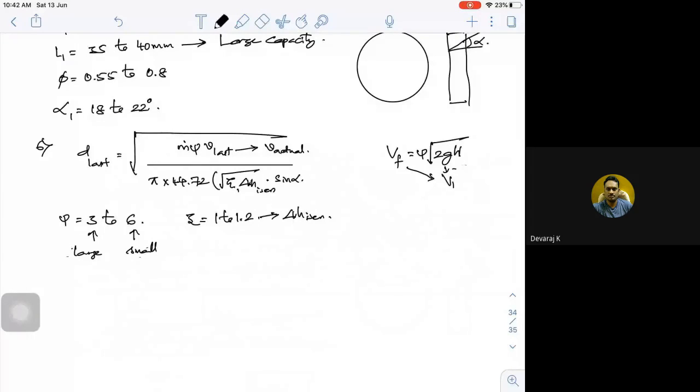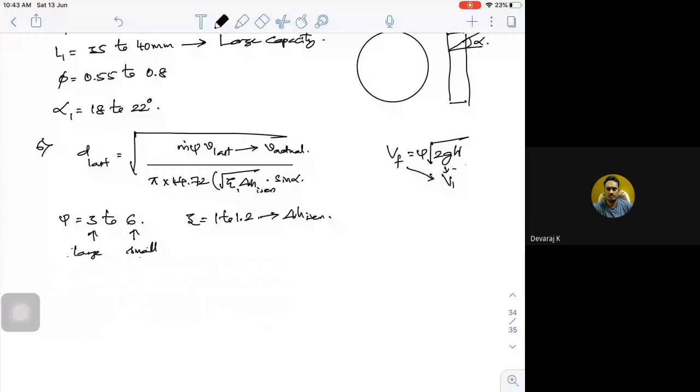Once you have all those things, there are certain parameters which we need to calculate. Those parameters can be some of the angles. So what are those angles? We need to look into some of the design data handbooks to calculate the height of the blade, the height of the moving blade or fixed blade. There are certain standard expressions from which we have to get it.